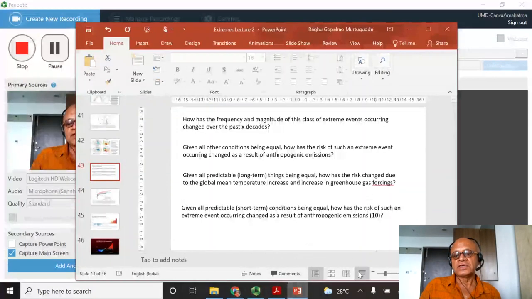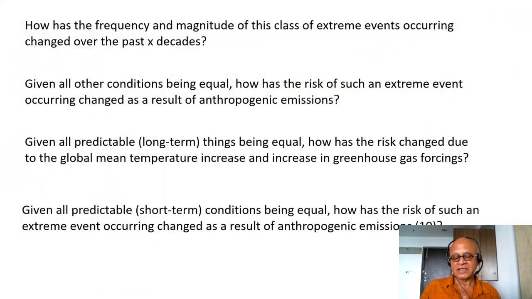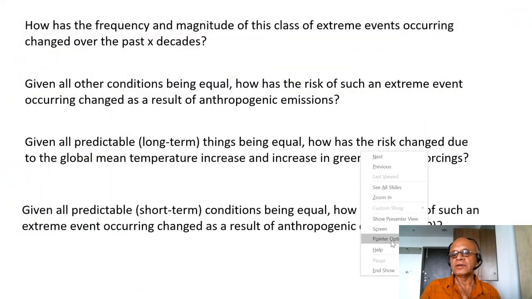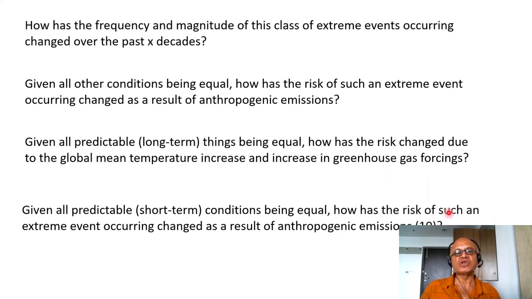So given these differences in the methods, the definition of extreme and the framing of the questions matters. Depending on how the model's attribution studies are carried out, the questions answered can be very different. For example, how has the frequency and magnitude of this class of extreme events occurring changed over the past X